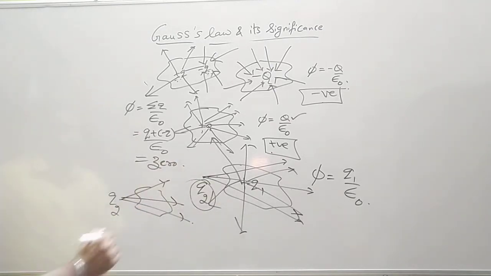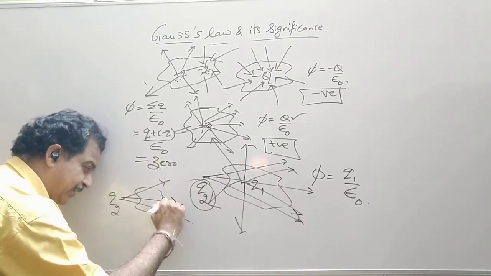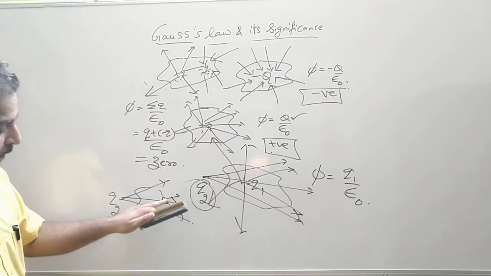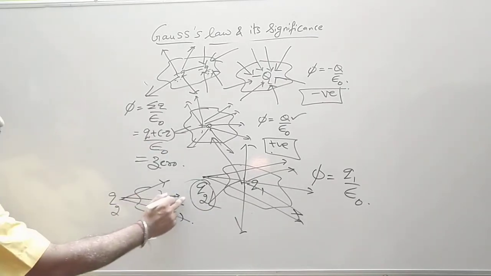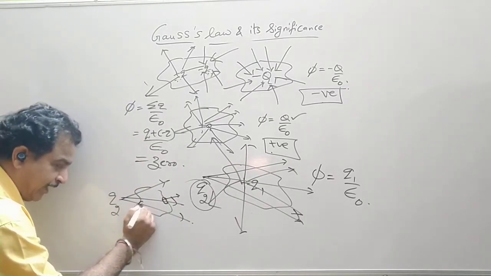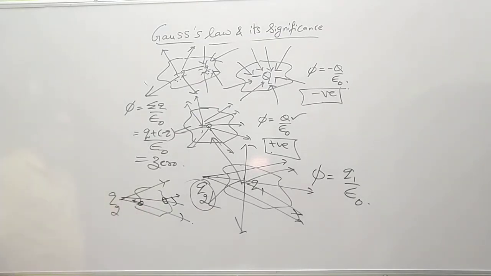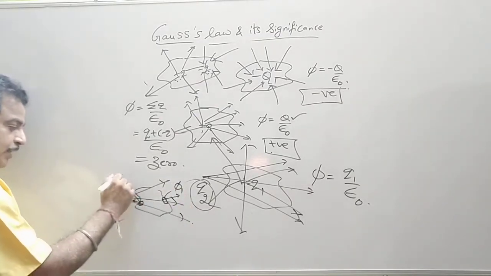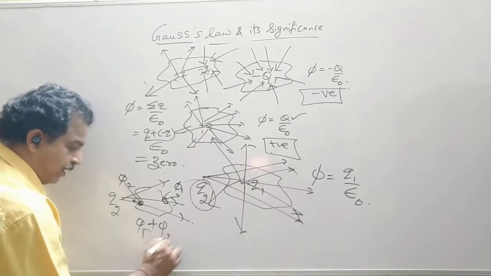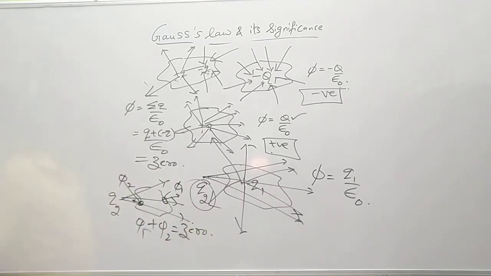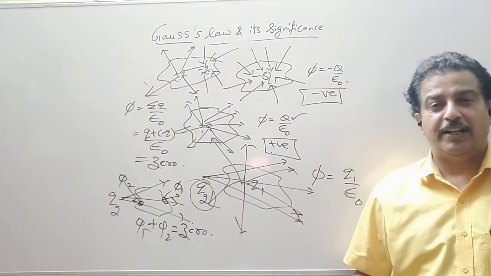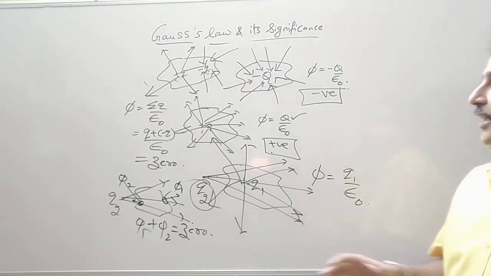So the resultant comes out to be 0, because if I take the area vector in this direction, it comes out to be positive. The field lines are along the x-axis, and delta s is also in the same direction. But if I take the area element here, it is in the opposite direction. So here the flux is phi1, and for this the flux is phi2. So the resultant of phi1 plus phi2 comes out to be 0. You have to remember that whatever amount of field lines enter from one surface, the same amount of field lines emerge from the other surface. So flux linked is 0.